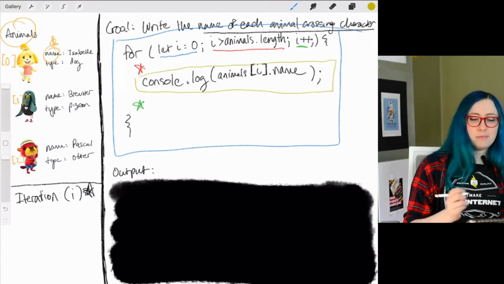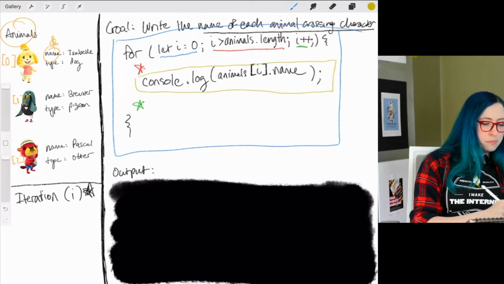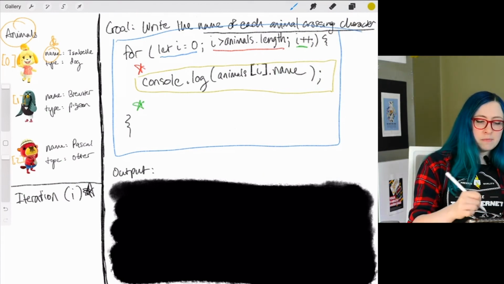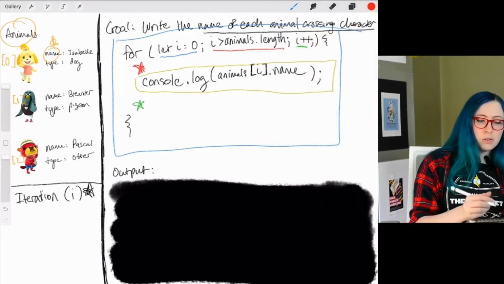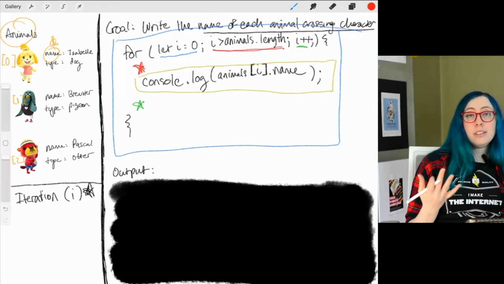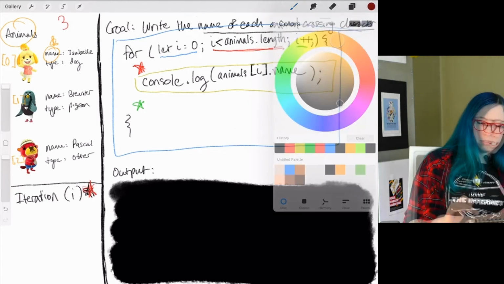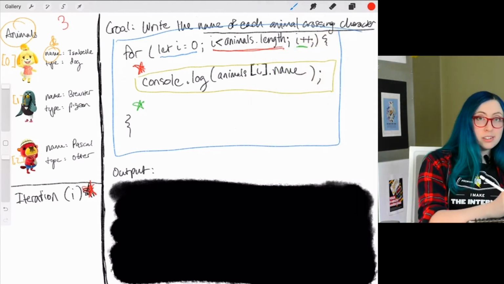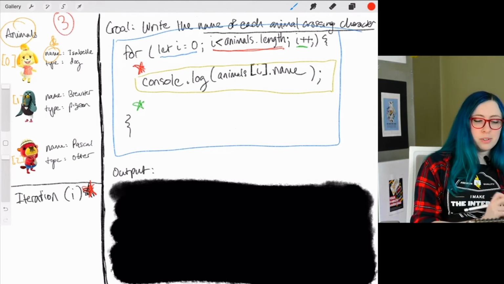All right, so let's start. Here we're going to run our loop. And firstly, we are going to say I is 0. Yep, iteration is 0, haven't done anything. And then we're going to start with this red piece here. So at this point, we are going to check if I is less than animals.length. How long is animals? 3. We see that our iteration here is 0. 3 is our length, right? So we can go ahead and continue on with the loop.